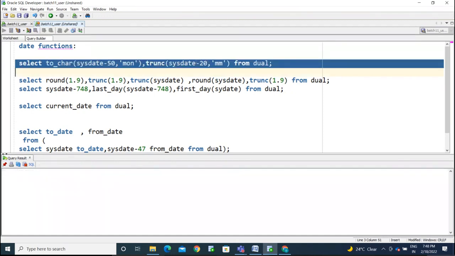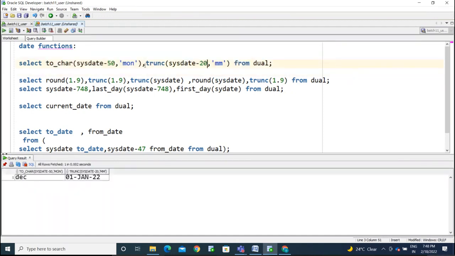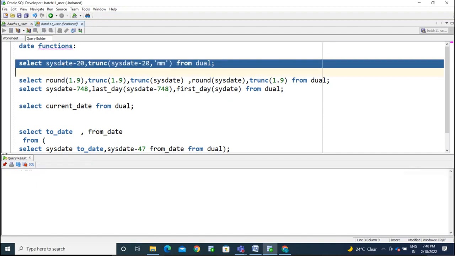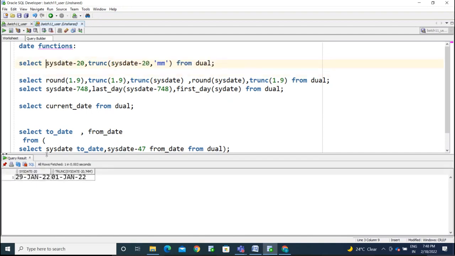Now I'm making it -20, so I'm passing 20th. Whatever date I'm passing here, I will show it in this place. Say I'm passing 28th January or 29th January. It is displaying 1st January. So in case I use the round value in this place,